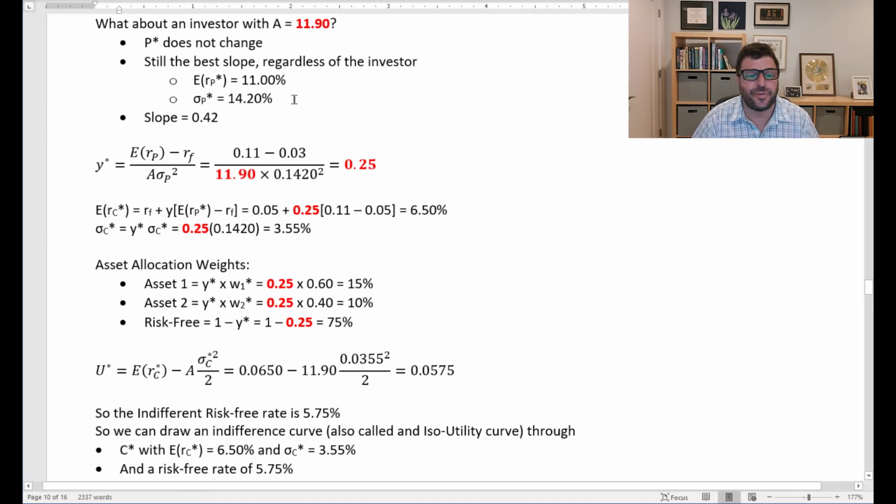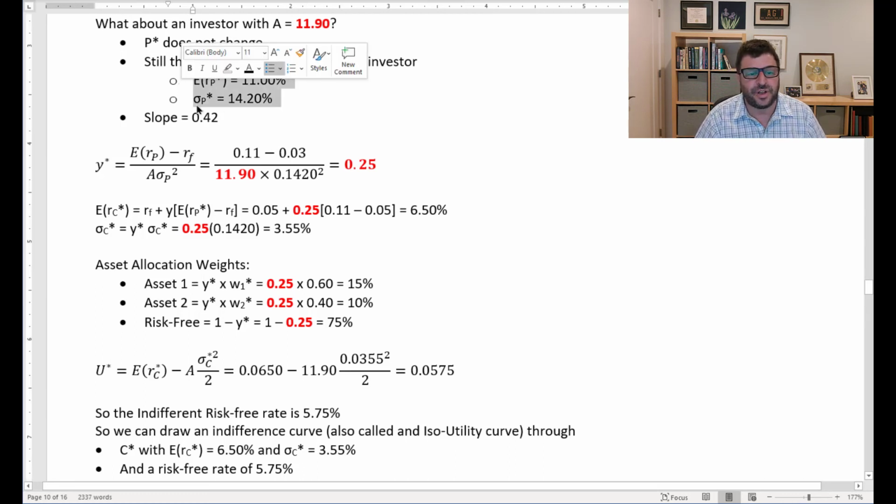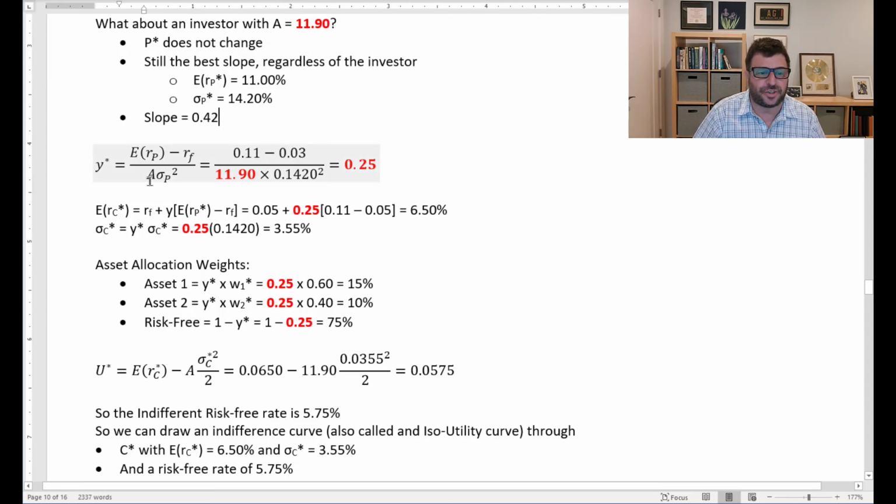The 60-40 portfolio does not change. And so we still have an expected return of the optimal risky portfolio of 11 and the risk at 14.2 and a slope of 0.42. But now the difference is I'm going to have a different Y star. And so instead of investing 70% in the risky portfolio, I'm only going to invest 25% in the risky. And I'm going to end up with an optimal combined portfolio return of 6.5 and an optimal combined portfolio